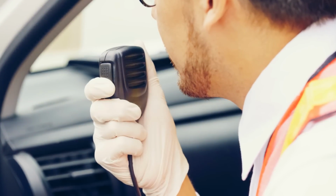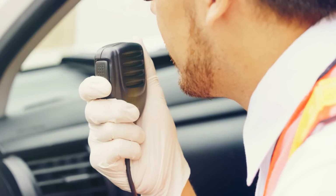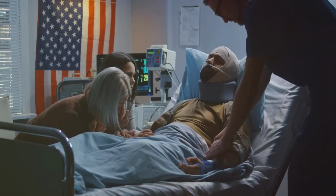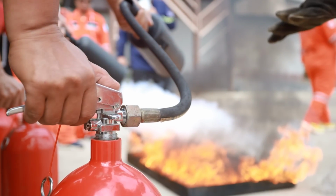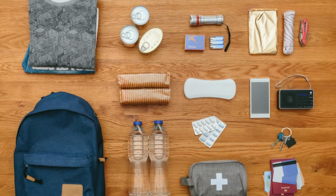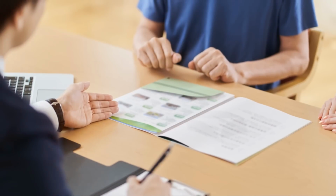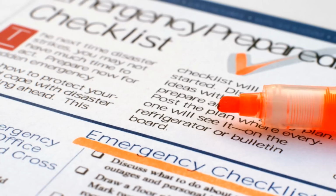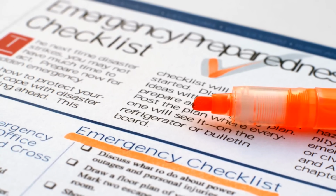The preparation you put in now will allow you to stay calm, organized, and safe when disaster strikes. Remember, building a comprehensive emergency plan isn't about living in constant fear. It's about taking control of your future. By preparing now, you reduce the uncertainty and panic that naturally come with disasters. You set yourself up for a smoother recovery and ensure that everyone you care about is protected. So grab a pen and paper, sit down with your family, and start drafting your emergency plan today. It's one of the best investments you can make, and the peace of mind that comes with knowing you're prepared